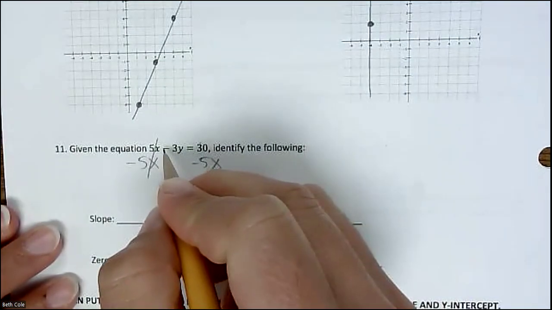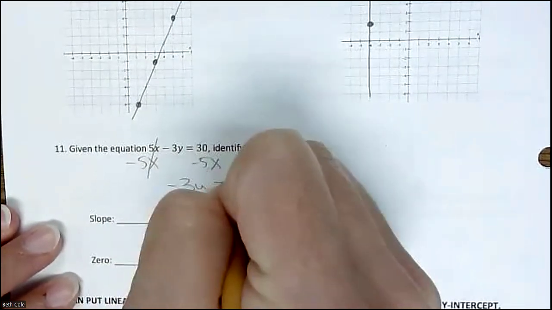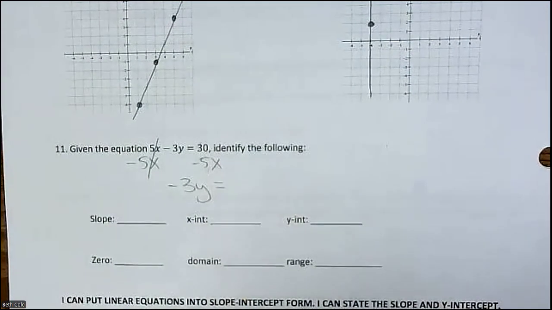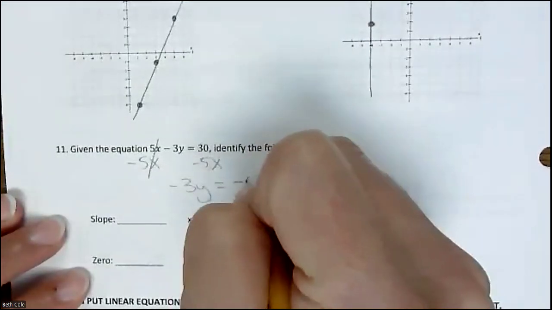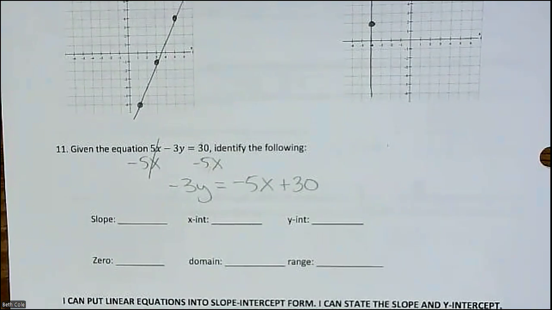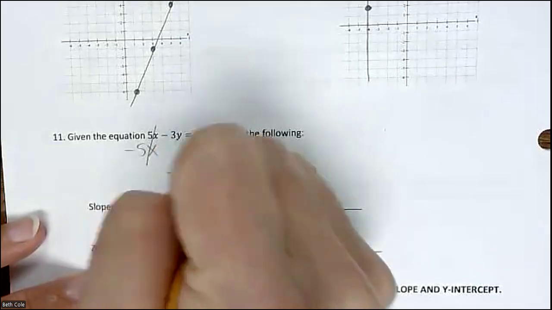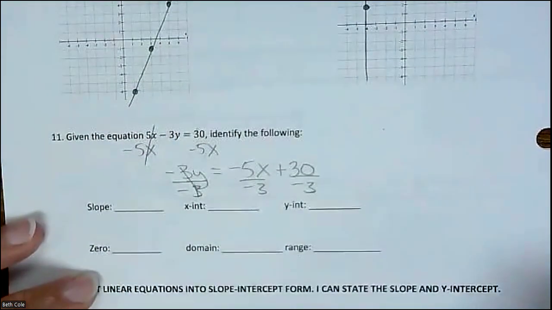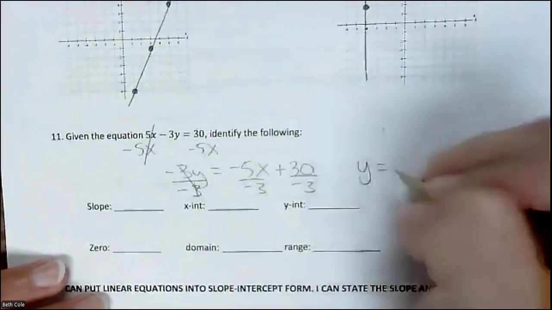That's going to give us -3y equals, and then what order should I put this? You need to be clever about what order. Good, -5x plus 30. Boom. You're just trying to get it in the right order. You're just moving stuff to the other side, is all it is. Yes, thank you. We're going to divide everything by -3. Perfect. Divide by -3. So that gives you y equals